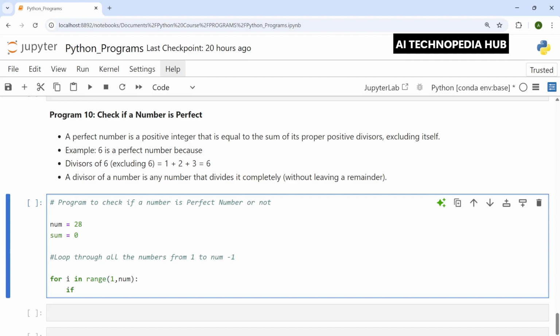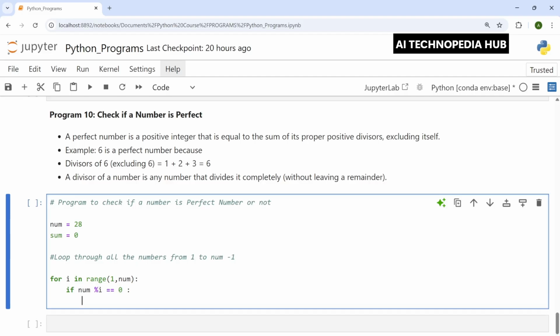If num mod i is equal to 0, then we'll have to store the sum of the divisor. So sum plus equal to i. So here i is for i in the range 1 to whatever number you have given.